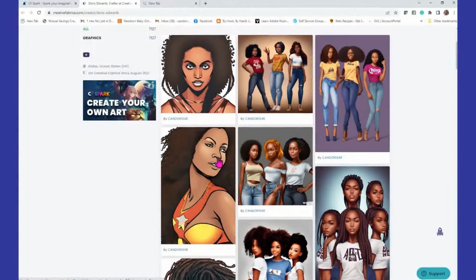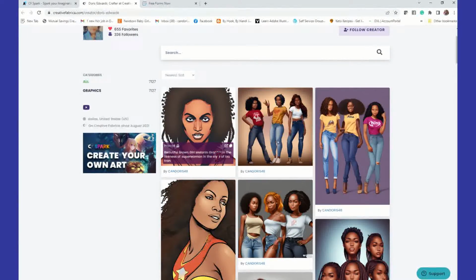And one of the things that us crafters would like to do with this AI digital art is we want to be able to upscale it and use it, to get better graphics. Okay. So right now you can see that I have 7,127 digital images that I have generated in CF